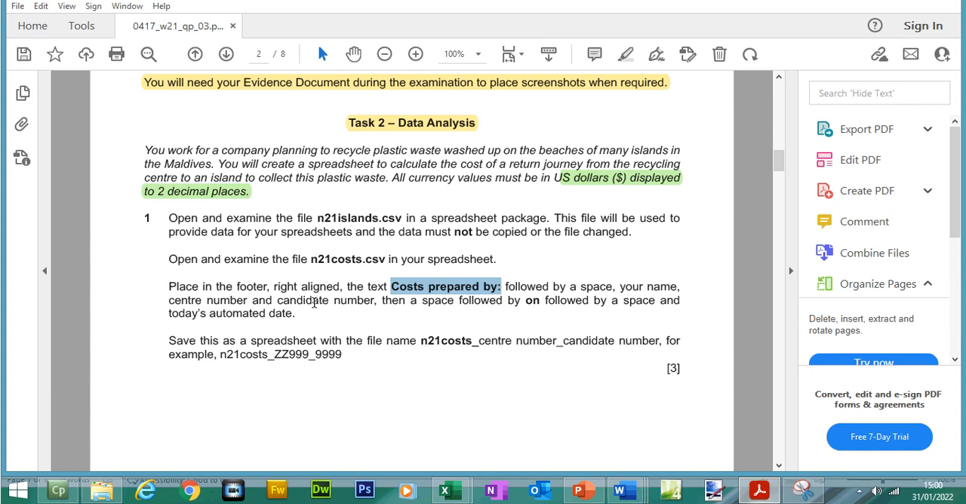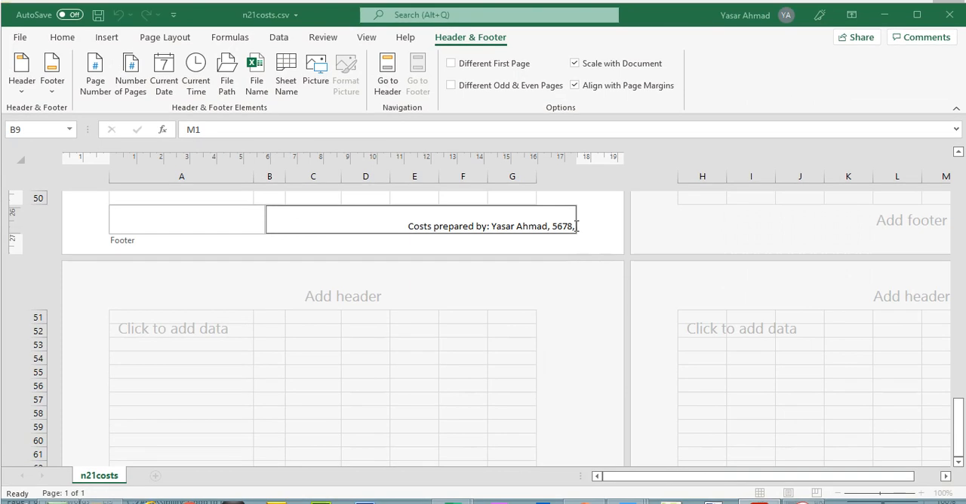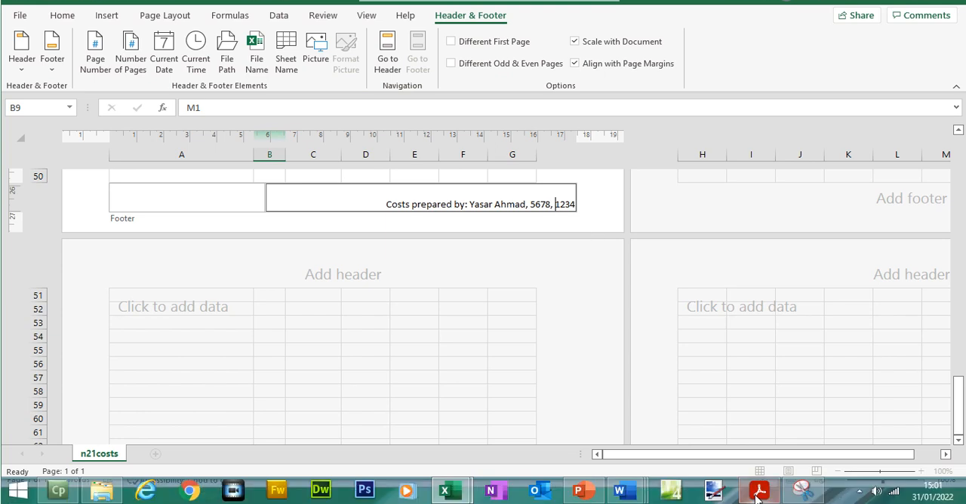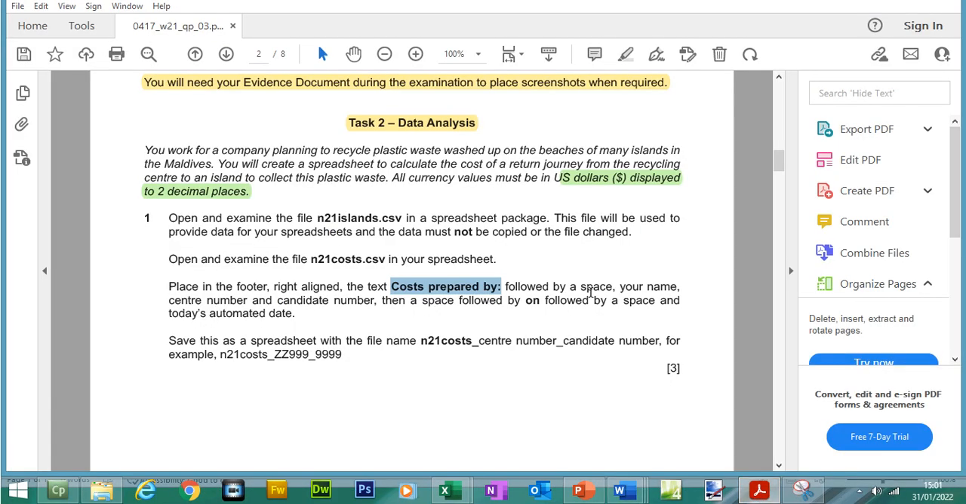Sorry, we got the center number, and I've used 5678. We also need to include a candidate number, so 1, 2, 3, 4. Just put a space in there. And what's next? Followed by a space, your name, which we've done, center number 5678, candidate number 1, 2, 3, 4, then a space, followed by "on",